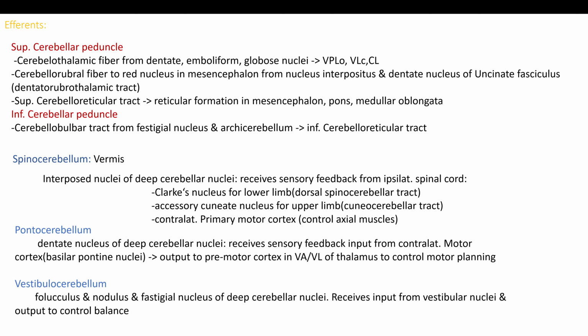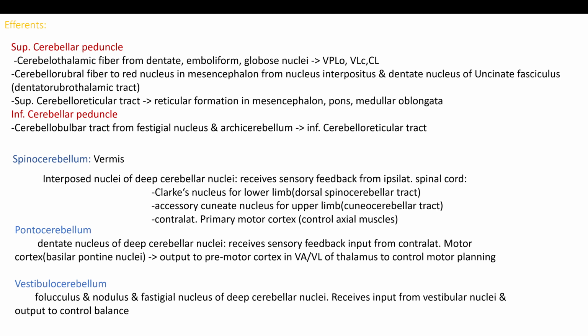Now we come to the majority of efferent connections. The superior cerebellar peduncle, cerebellothalamic fibers, dentate nucleus, emboliform nucleus, and globose nucleus. The VPLo, VLc, cerebellar fibers, the red nucleus, mesencephalon, from nucleus interpositus and dentate nucleus, the ascending portion of the uncinate fasciculus,